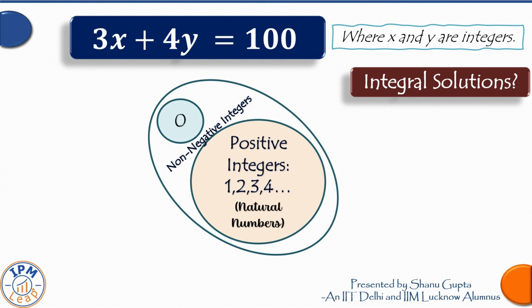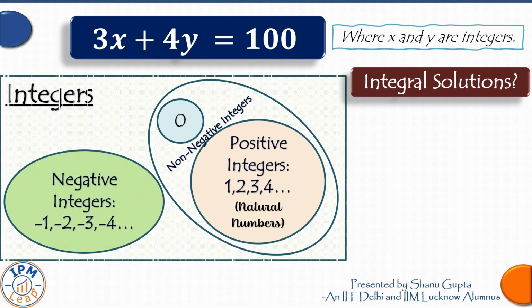Add to these their negative counterparts, numbers such as -1, -2, -3 and so on, and we get the complete set of integers. So we have to be careful while counting our solutions. Double read the question and see whether it mentions positive integers or non-negative integers or any integer that is allowed as a solution. Next, we come to the second word of this term, which is